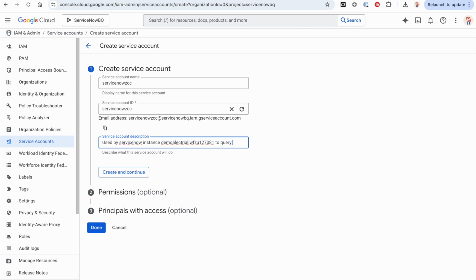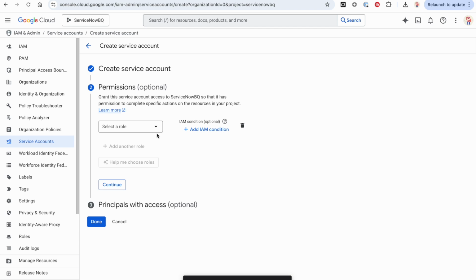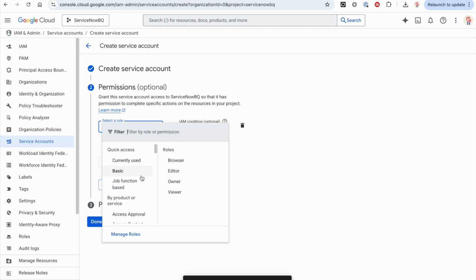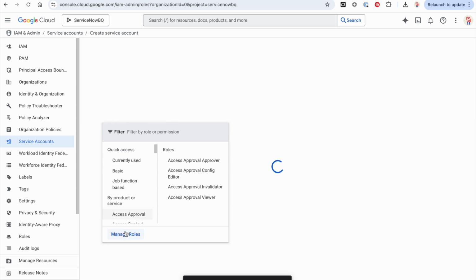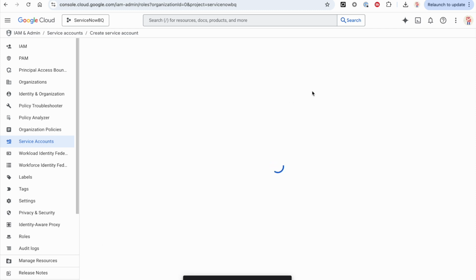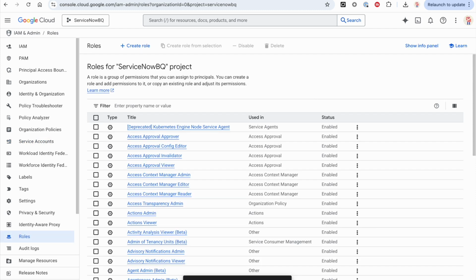To query BigQuery inventory table. Create and continue. I'm gonna do something that you probably don't want to do. Put the role. I don't know exactly what role I need, so